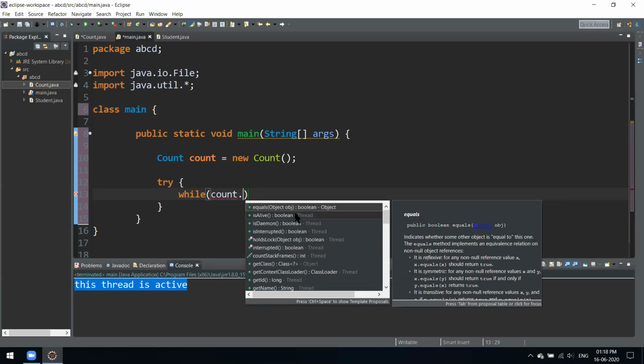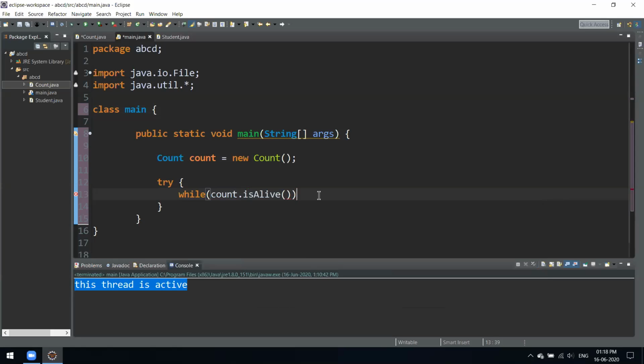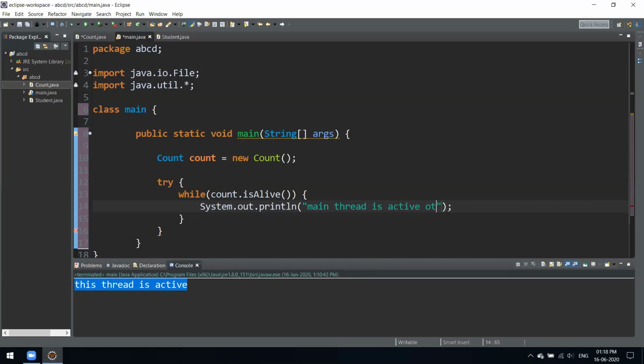So we'll use this isAlive method. So what happens is, whenever that thread is alive, print this piece of code, that the main thread is active or alive. Okay,